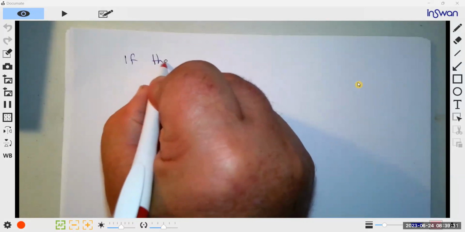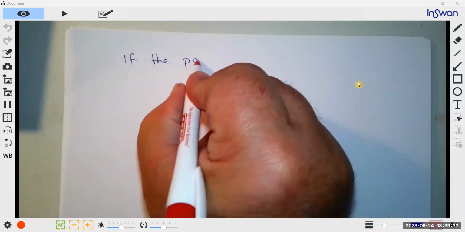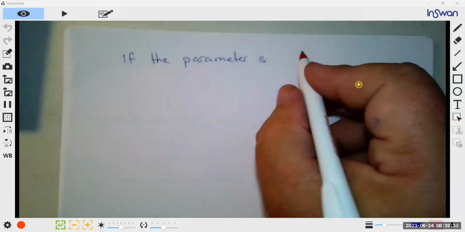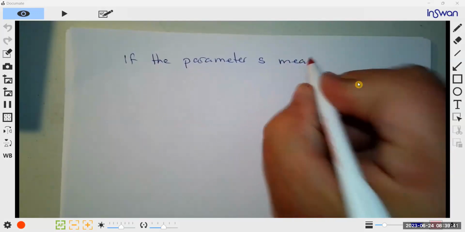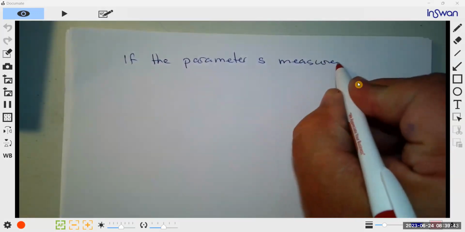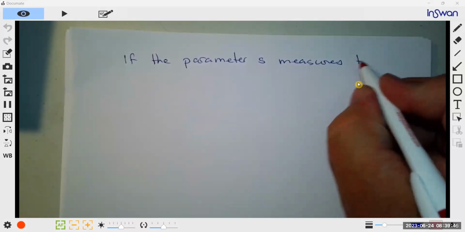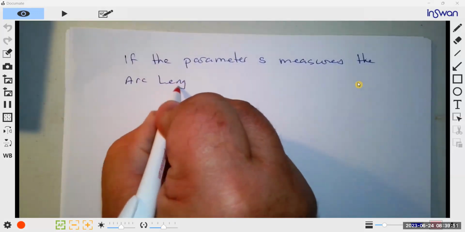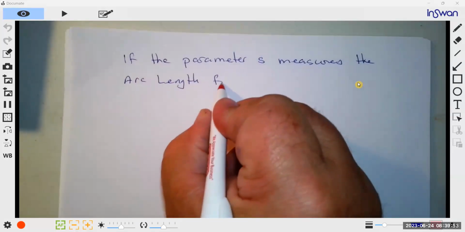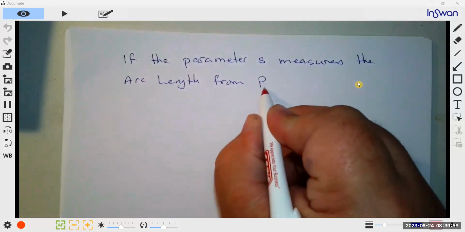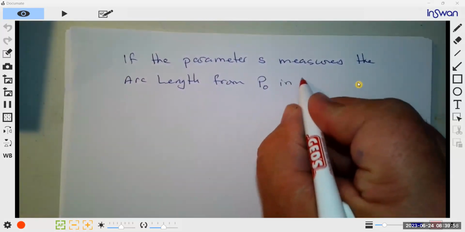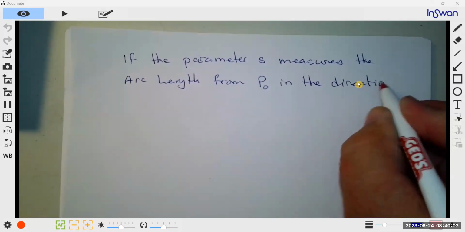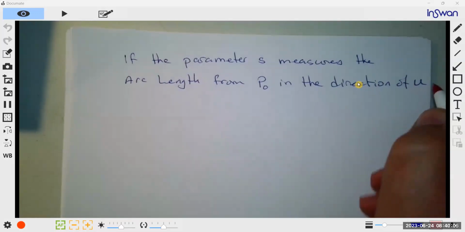If the parameter s measures the arc length from the point p sub 0 in the direction of u,